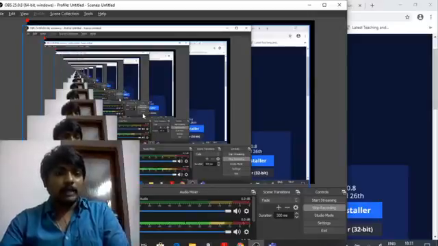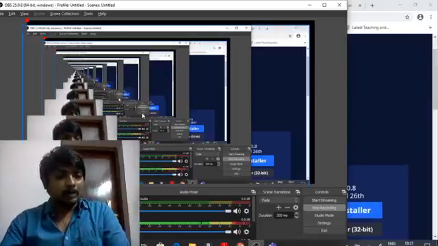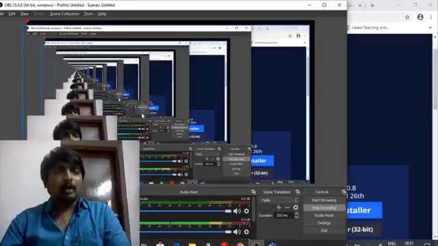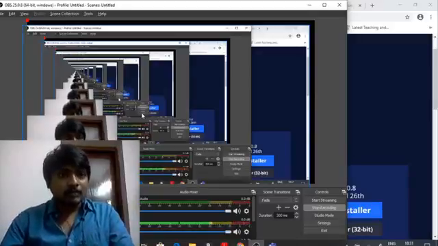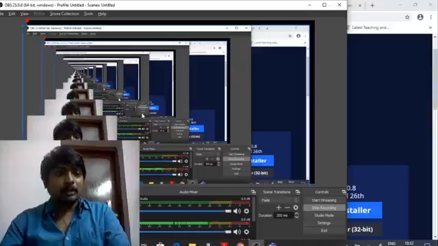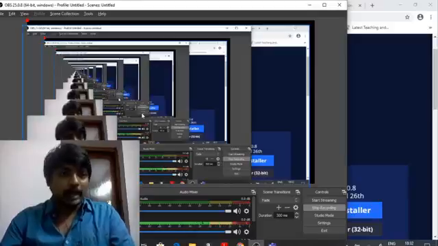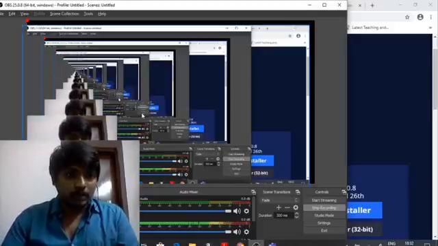OBS can be used on Linux as well as Windows, so it has interoperability and can be used on both versions of the OS. If you are using Apple systems, then QuickTime Player is there, which is a native application that comes with Mac OS. We can use OBS there also, but QuickTime Player is a more customized version, specifically designed only for Apple users who use Mac OS.